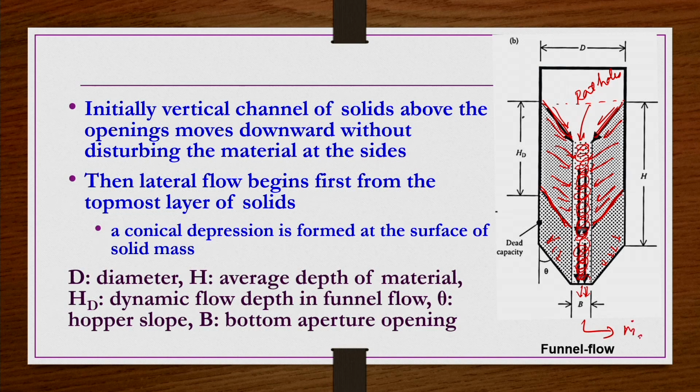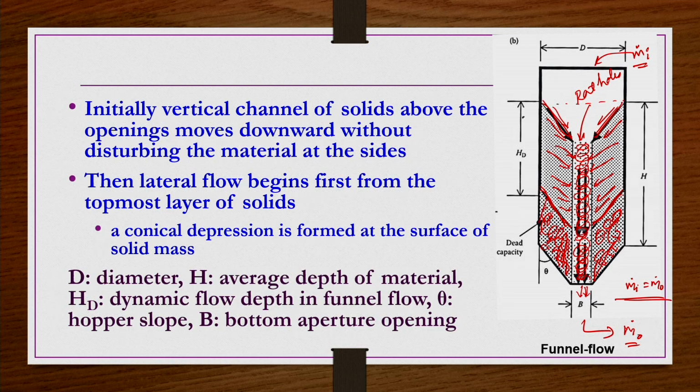Then you are continuously adding the material at the same rate at which you are collecting the material out, that is, let us say m dot O is the outflow rate and m dot I is the inflow rate. After establishing the steady flow rate, you are pouring additional material, so m dot I is approximately equal to m dot O, right. Then the flow pattern will be like this: the material stagnant at the slanted walls close to the opening in the side walls will not be disturbed, whereas the additional material will continuously flow out like this.